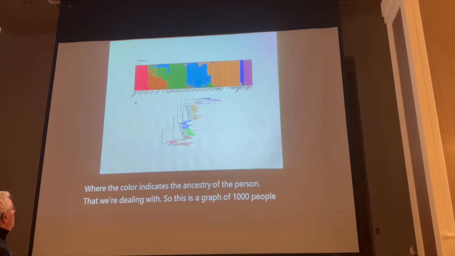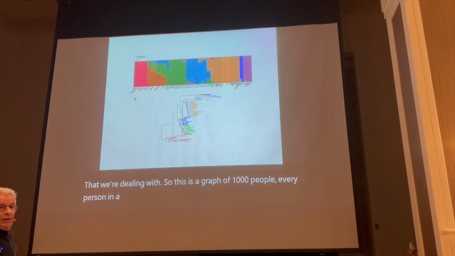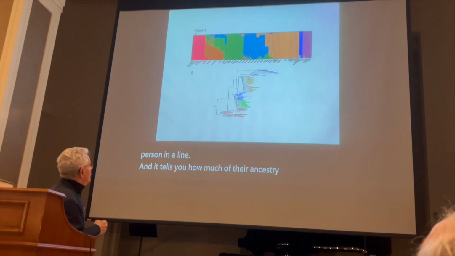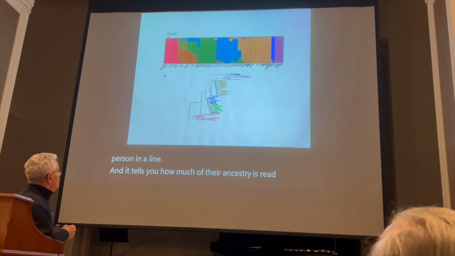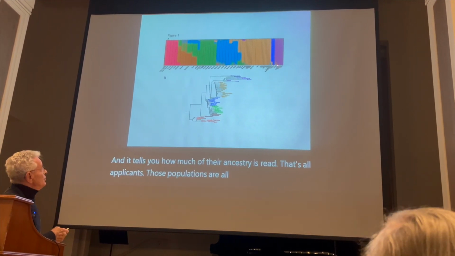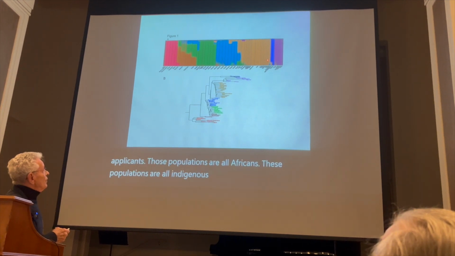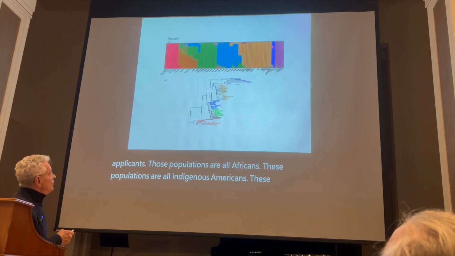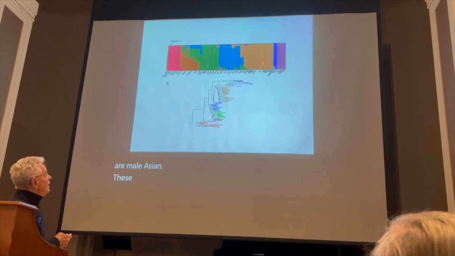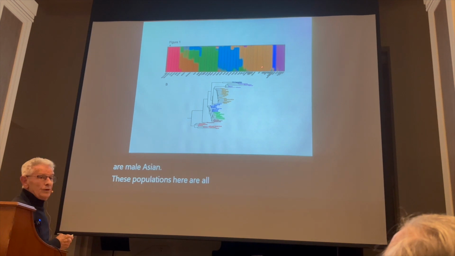Every person is a line, and it tells you how much of their ancestry is red. That's all Africans. Those populations are all Africans. These populations are all indigenous Americans. These populations are Melanesian. These populations here are all Asian, Chinese,